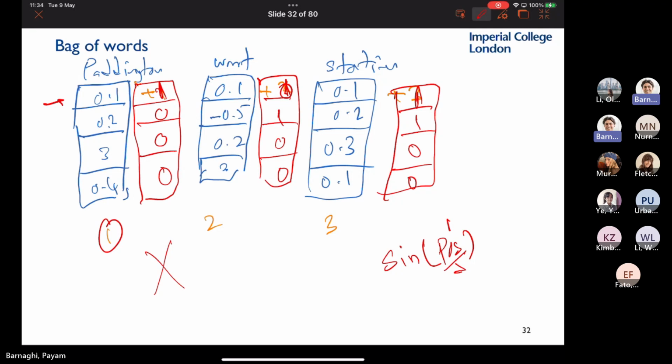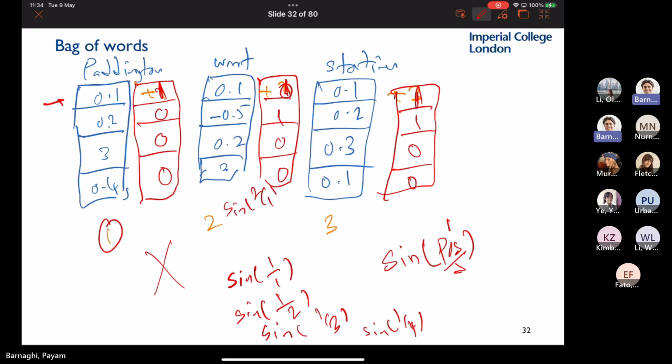The first one, for example, let's say the position here is 1, will become sine of 1 divided by 1. The second will be sine of 1 divided by 2 because it's the second dimension. The third will be sine of 1 divided by 3, this one sine of 1 divided by 4. Moving to the next word, position 2, this one would be sine of 2 divided by 1, and carry on. Does that make sense? Just take their position in the embedding and do that. That's a clever way of doing it.